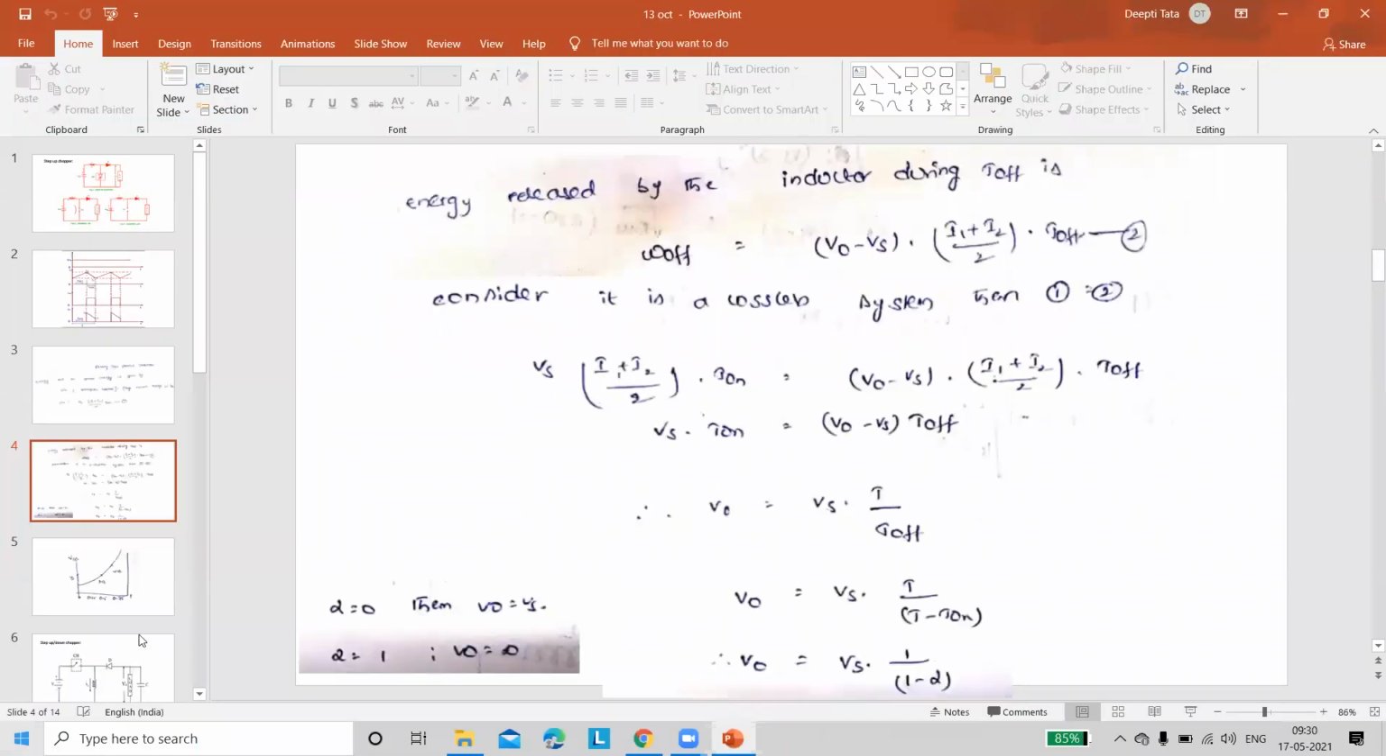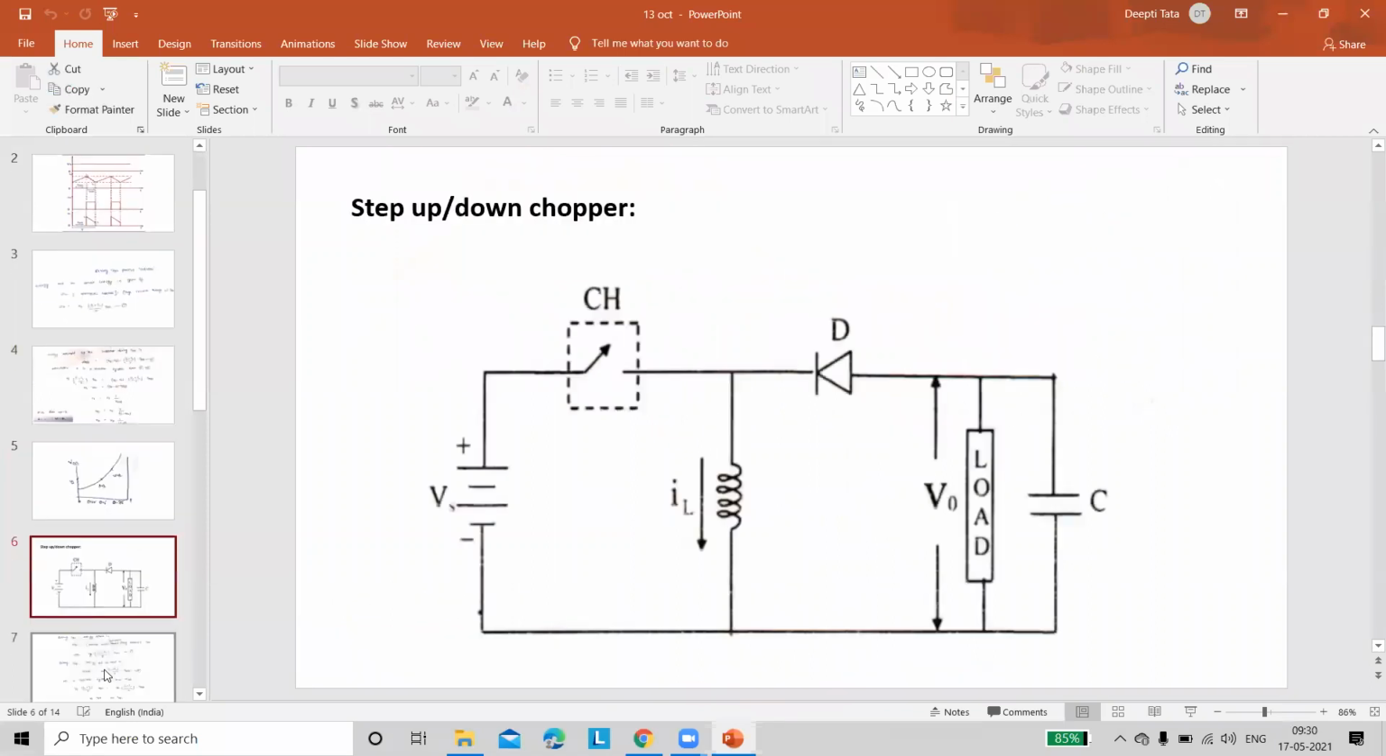Which is required for us in order to explain about present quadrant choppers. And next one, the last basic chopper, is the step up by down chopper. So the circuit,